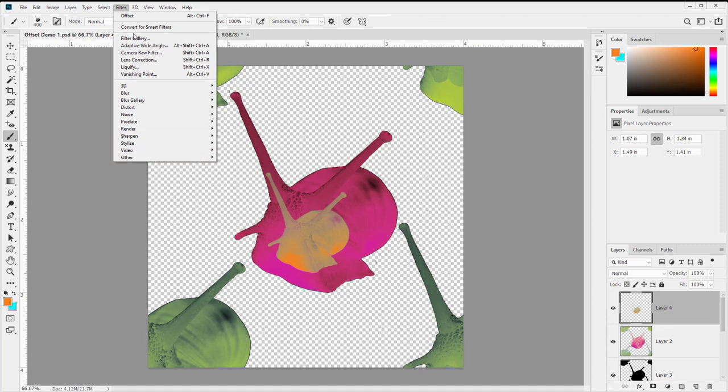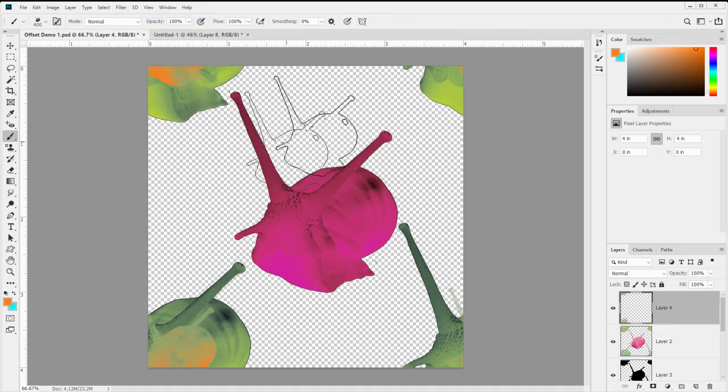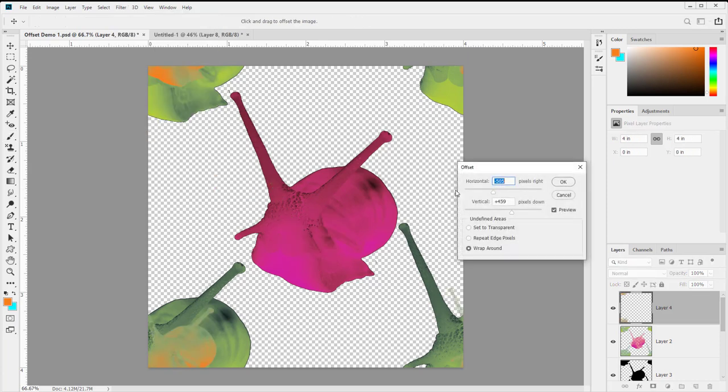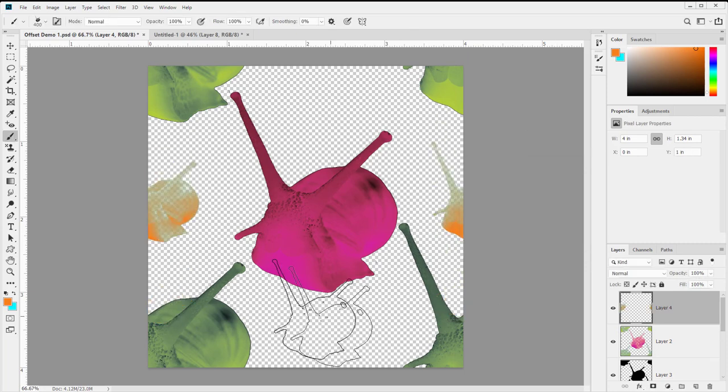So I'm going to go up to filter. Now remember, I can replay the previous filter by going filter offset, but that will just redo the settings I had on the green snail. What I really want is to go to filter, other, offset, and notice these three dots. That means it'll bring up a dialog. Now I can control this, and what I need is a different vertical offset. Here we go. We've got one small snail,